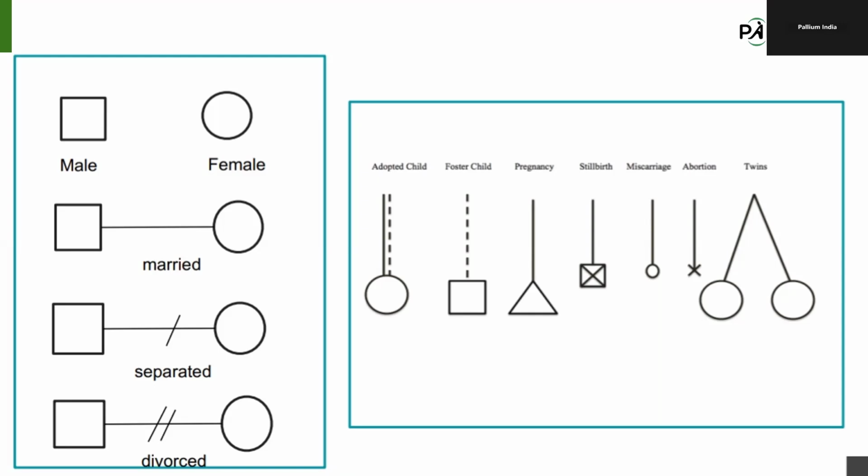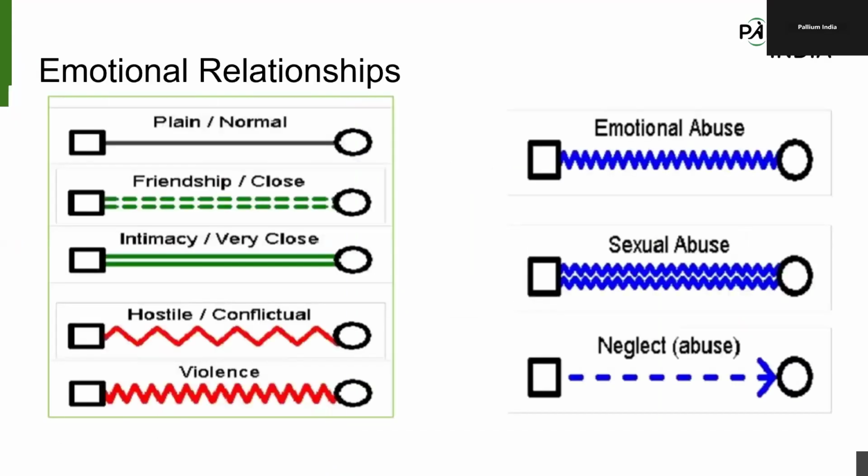If the patient is pregnant, we usually use a triangle. Stillbirth, a square and a cross. And if it is twins, two circles, whether it is a female or male child, according to that, it would be coming from a single branch, right? Next. Right. If the relationship that they are having is a very normal relationship, it is a plain